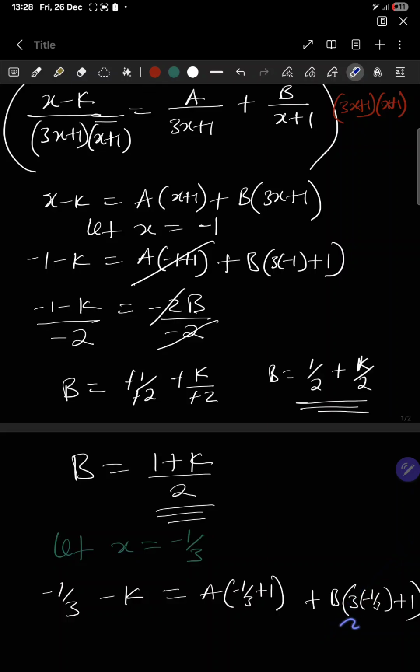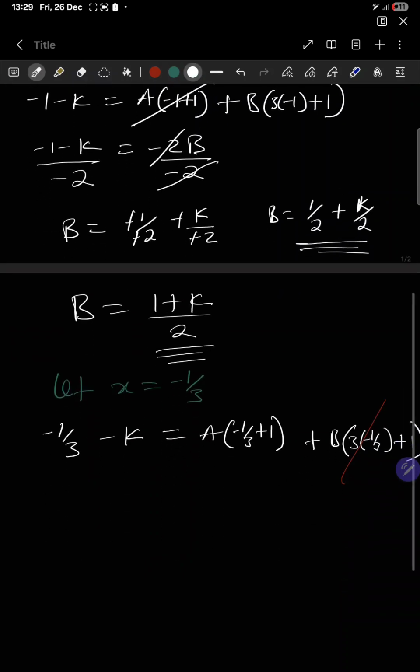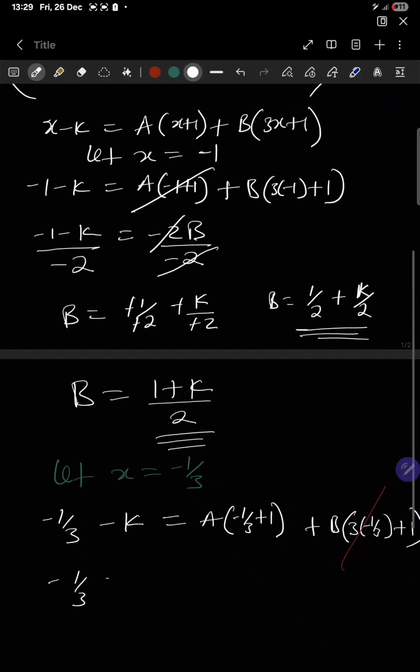That part there will cancel. This one is going to cancel like that. And then we end up having negative 1 over 3 minus k is equal to, you have this side which is negative 1 over 3 plus 1, which is going to be